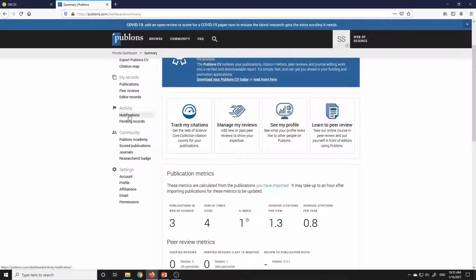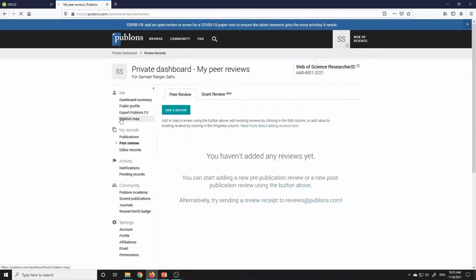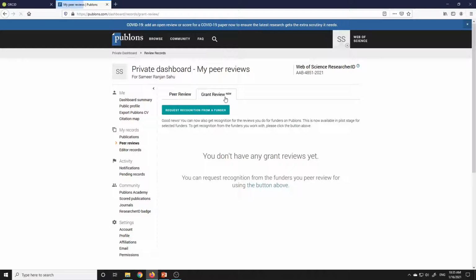Now plus peer reviews, this is another important one. If you are going for publication, add a review. If you are going for a grant, request recognition from a funder. When you apply, you will get an ID, a grant number, and you can put it here.